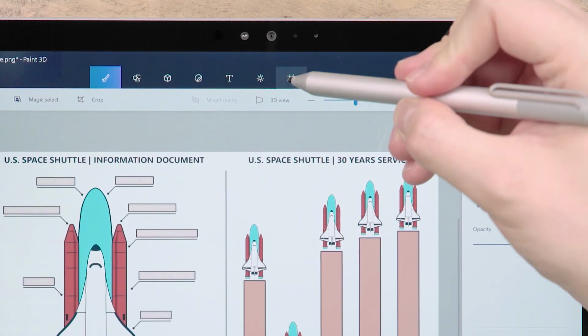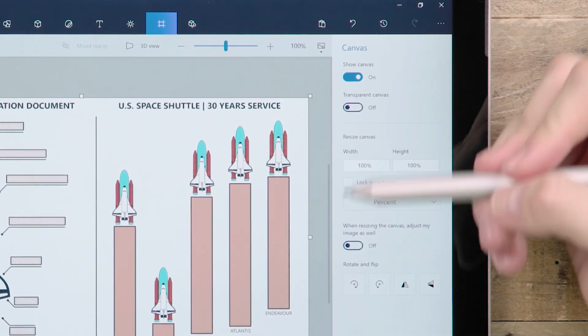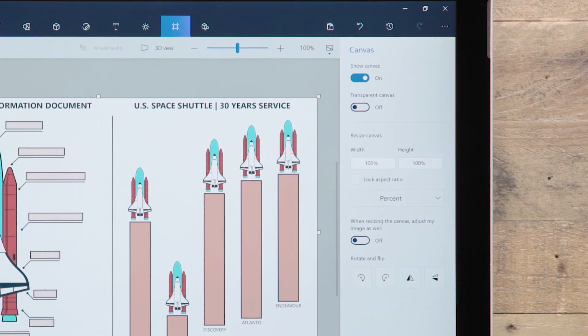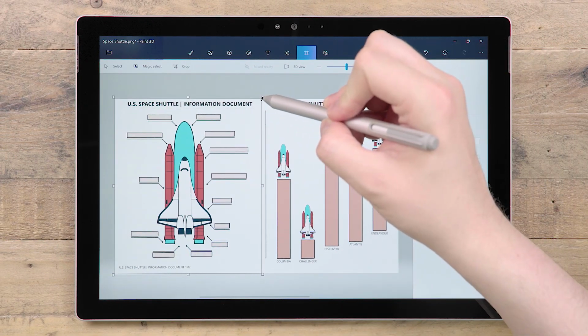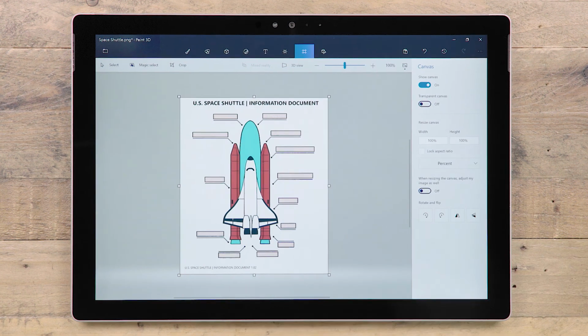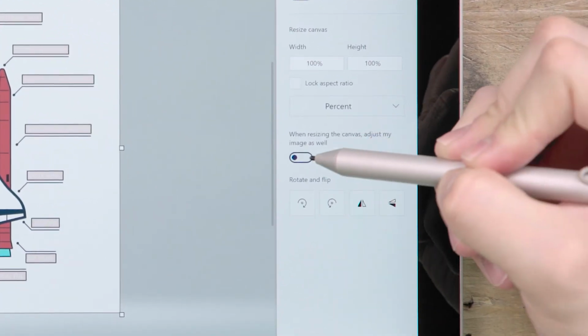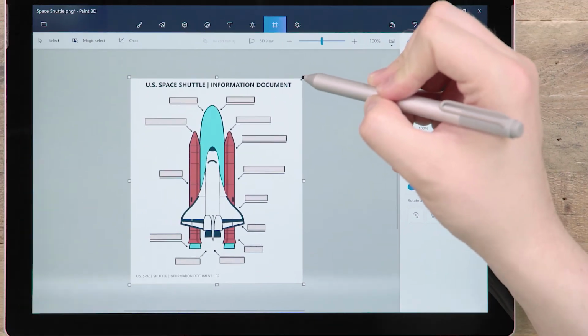This button opens the Canvas tab, which is where you can control the size and rotation of the 2D workspace. When in this tab, resize handles will appear on your canvas. Resizing the canvas can either crop your content, or using this toggle, you can opt to resize the content as